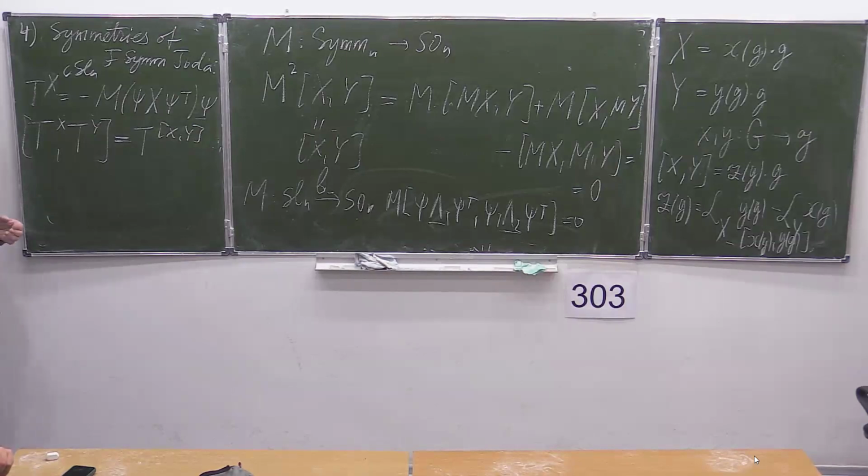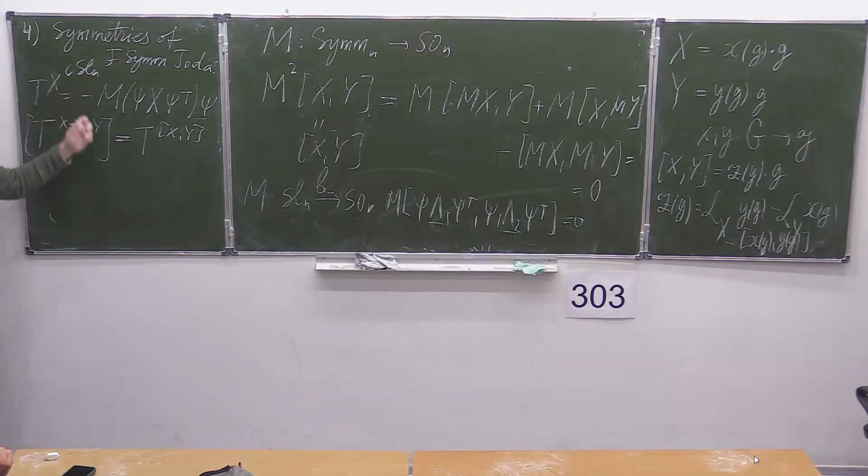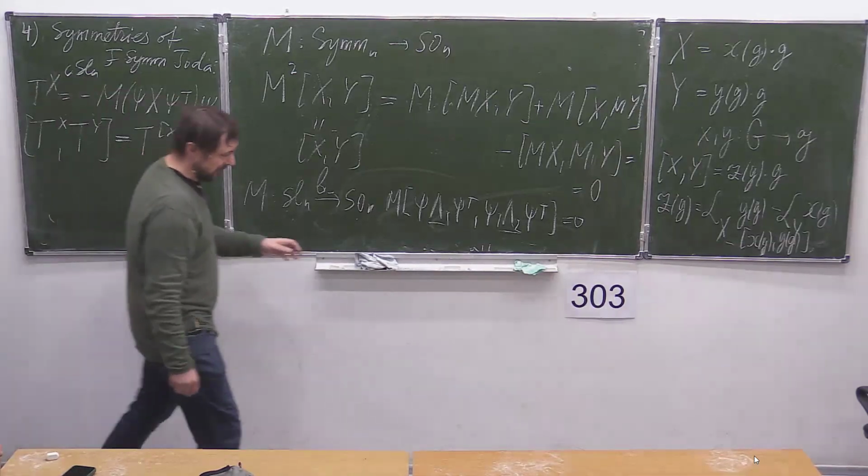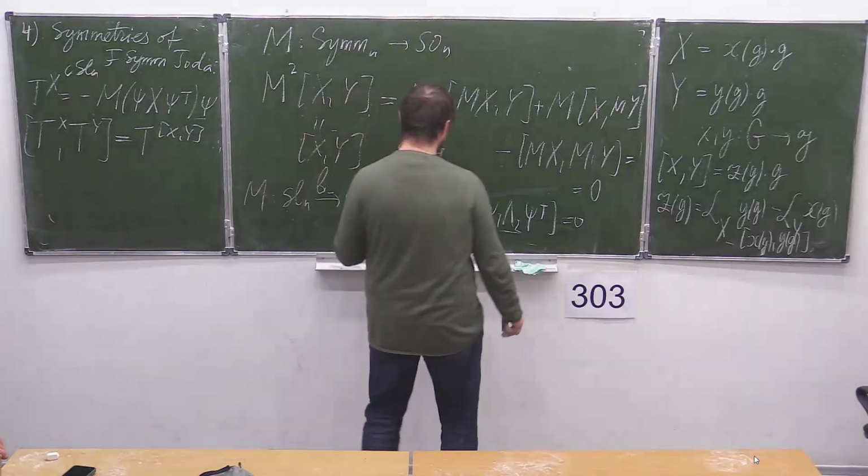But what is interesting is that we now have a representation of the Lie algebra SLN by vector fields on SON, on the Lie group SON. And so the dimension is twice as large as the dimension of SON, at least twice, even more than that. So of course, these vector fields cannot be linearly independent everywhere. And these vector fields are of course